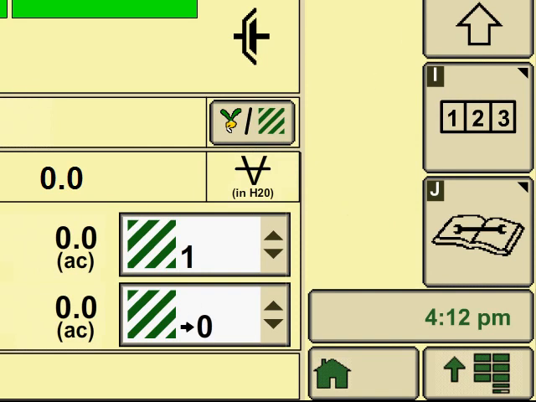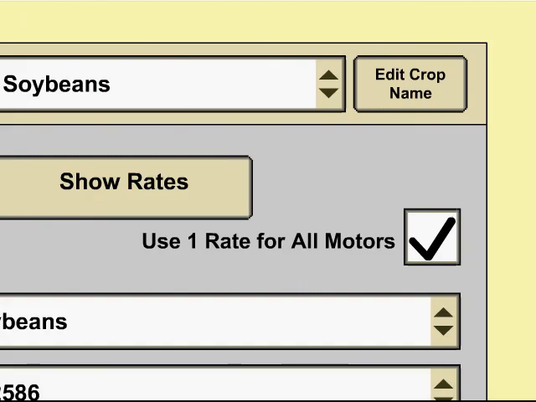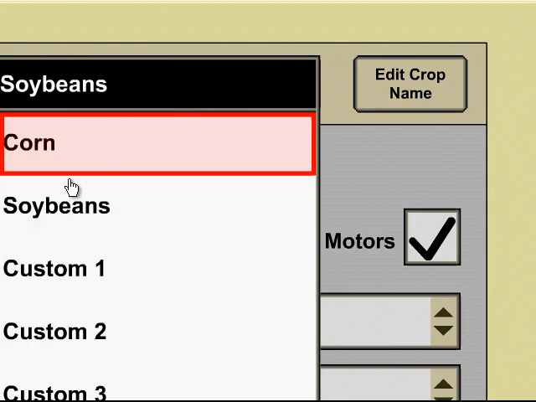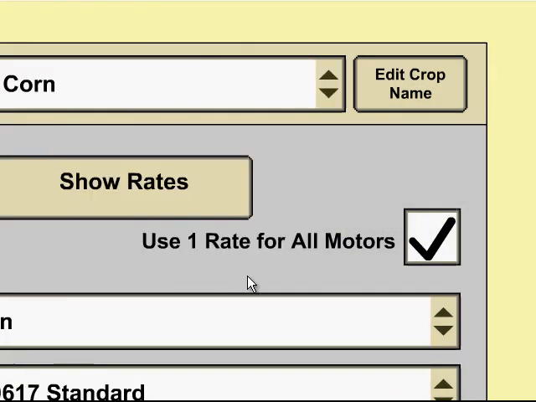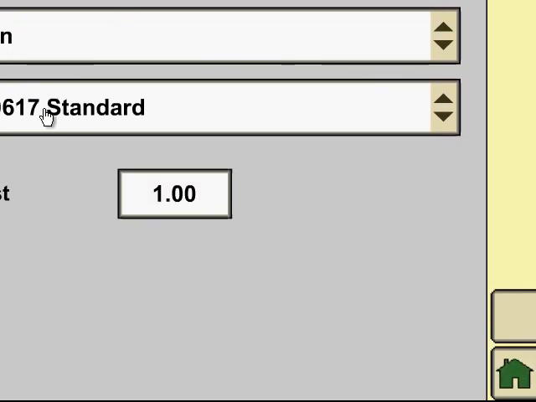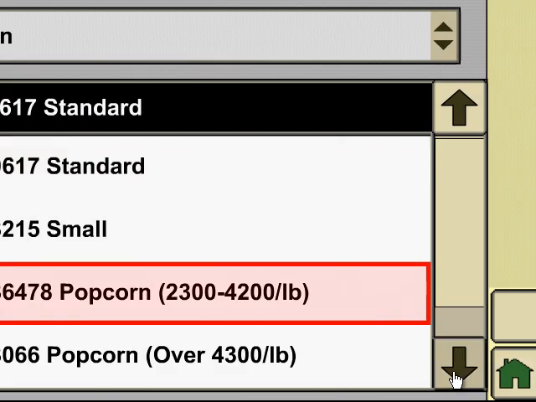We want to set up our crop. You would go to the 3rd tab down on our right side, which is tab H, and it's got the little seed with the arrow pointing to it. And I would select the crop that I would like to use, and I'd like to use corn on this particular instance. I put my disc type, what type plate I'm using,